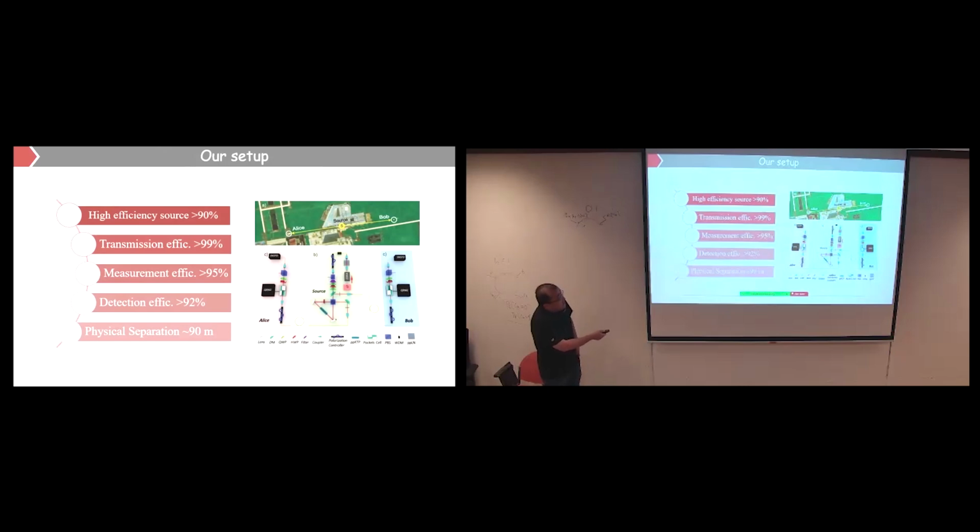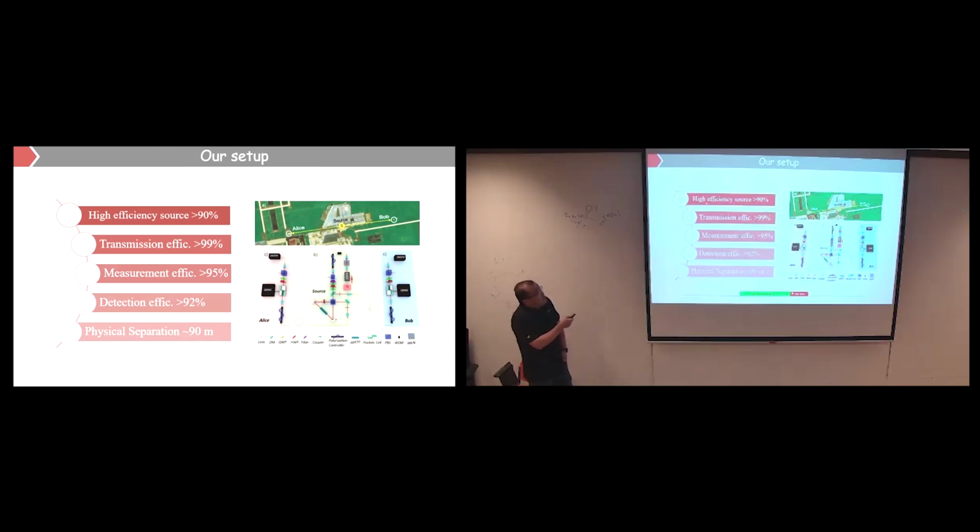Here we use the Sagnac interferometer, and here is the entanglement source. Basically, we are using a 1550 laser and SHG to generate 780 nm pump light, which goes through the Sagnac interferometer generating the entanglement source. One photon goes to Alice, the other goes to Bob, and both detect here. We use a quantum random number generator to generate the random settings and then detect with SNSPDs with very high efficiency.